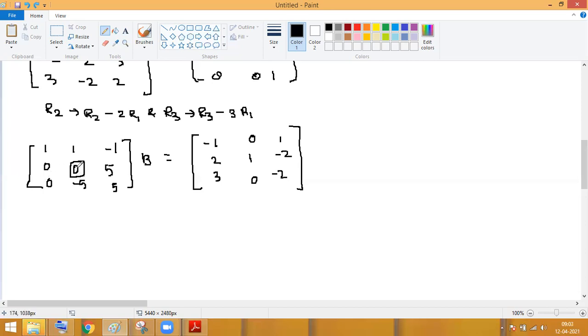So how can we make this equal to 1? For that, can I interchange? If you interchange this, you have some values here, no? Some non-zero values. Interchange these. So can I write here R2 tends to R3 and R3 tends to R2? Means you apply the first operation: change R2 into R3 and R3 into R2. So what will the next step be that you will get here?